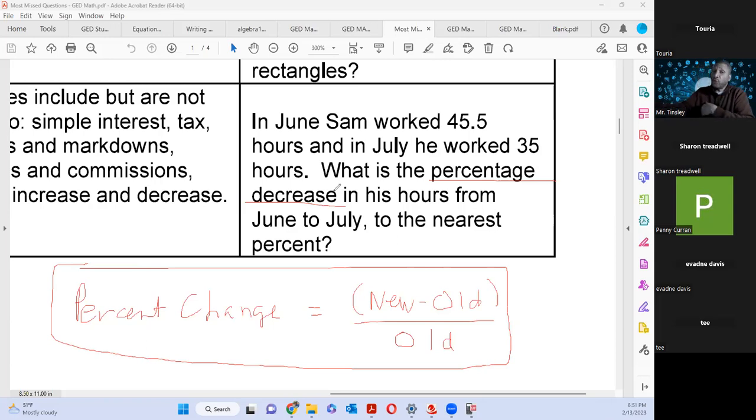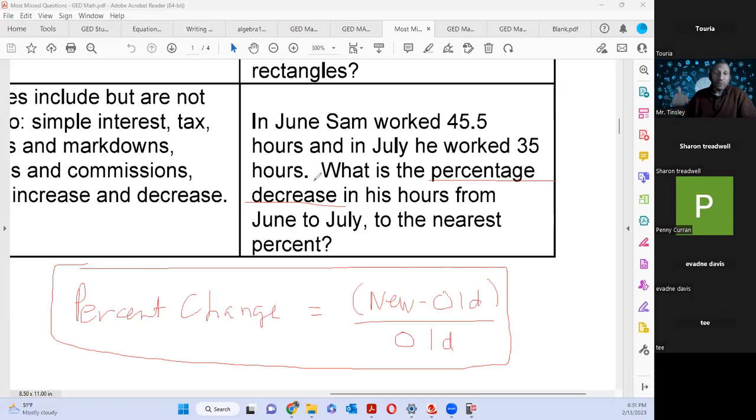Now again, this is a formula that's not on your formula sheet. There's no percent change formula on your formula sheet. You must know this. Okay. New minus old divided by old. Now, if you notice, I have it in parentheses. Why? Because if you don't do the new minus old first, it's going to do new divided by old minus old divided by old. So it's going to do new divided by old minus 1. That's not what we want. We want to subtract the two values and divide by the old value.